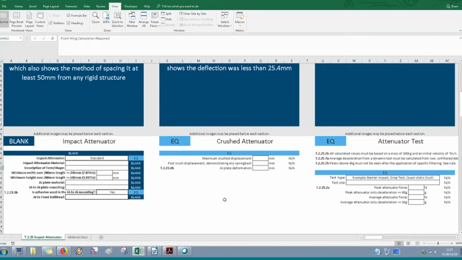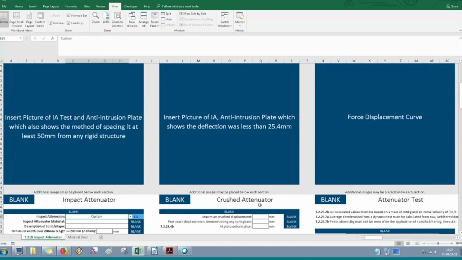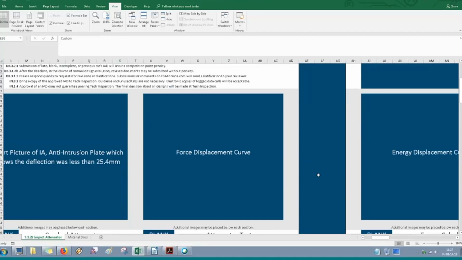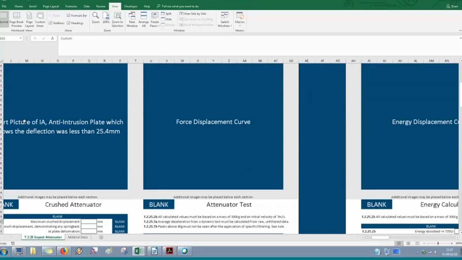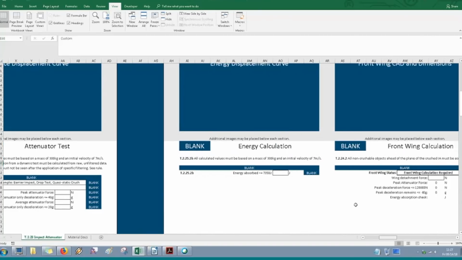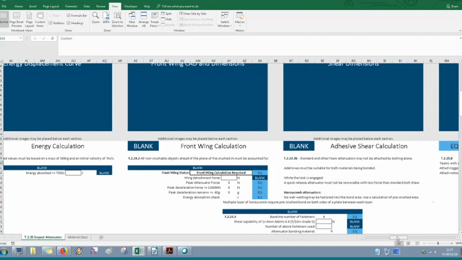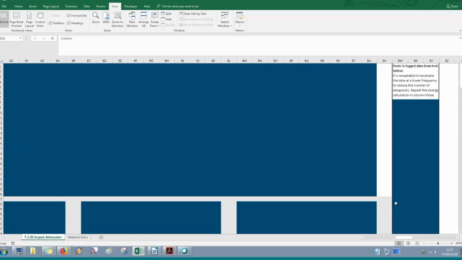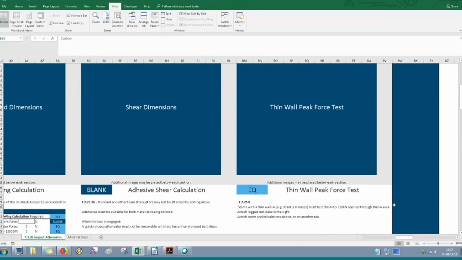And if you're running a custom attenuator, you need to run a dynamic or quasi-static test, and the data for that needs to be entered into here. And you can also do your energy calculation in this column. We need pictures of all of these things. We need the results of all of these things, and we need the energy calculation. And just like the other sheets, it's going to run a lot of different checks to make sure you're in compliance. And the last one that's fairly uncommon, if you're running a structural carbon shell, kind of a nose cone